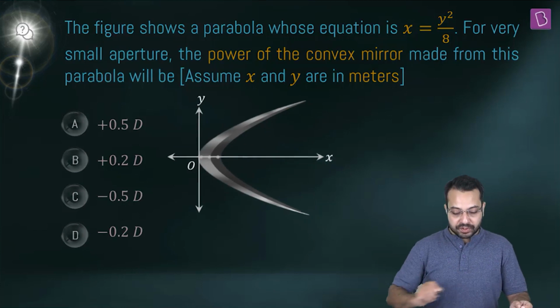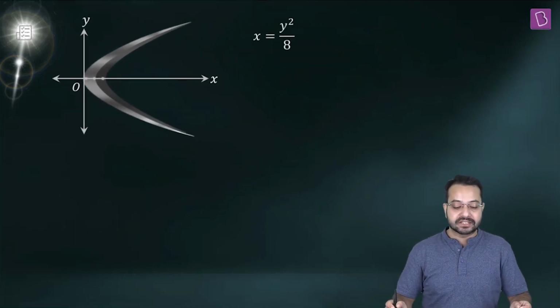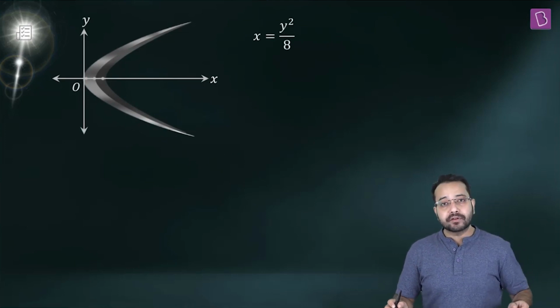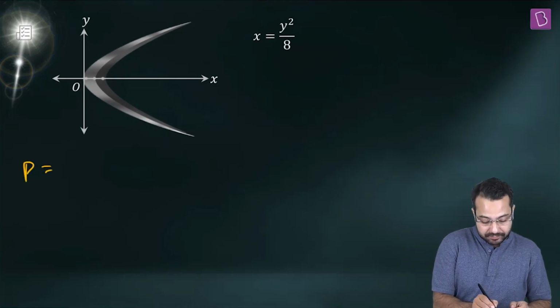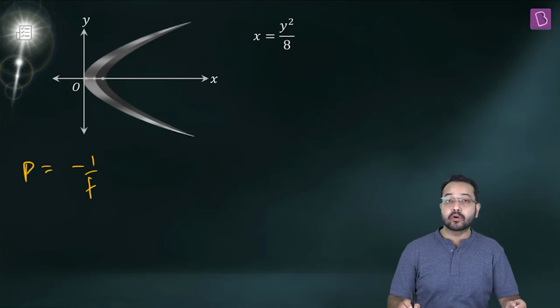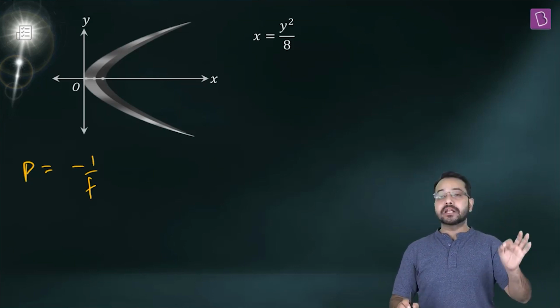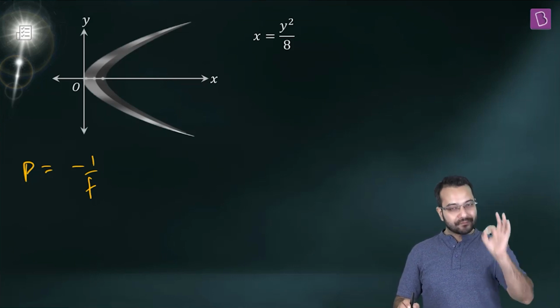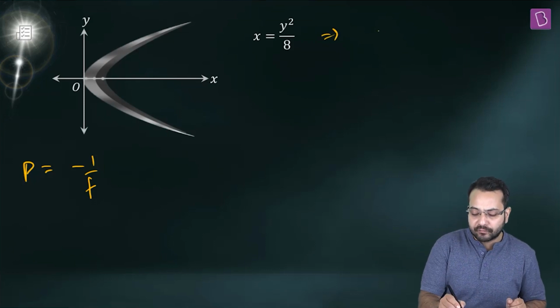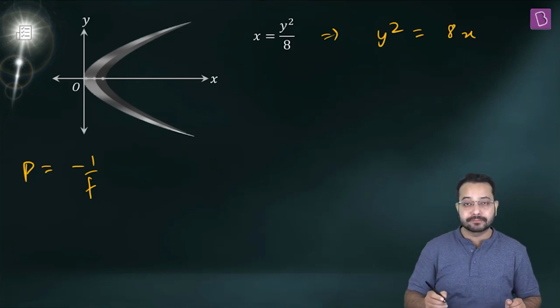Now the equation of the parabola is given to us as x is equal to y square by 8. We need to find out power. Power for a convex mirror is given by -1 upon f. Is that correct? So we have to find out what is the focal length. Basically we have to find out where the focus of this parabola is, which is not difficult. So y square is equal to 8x,